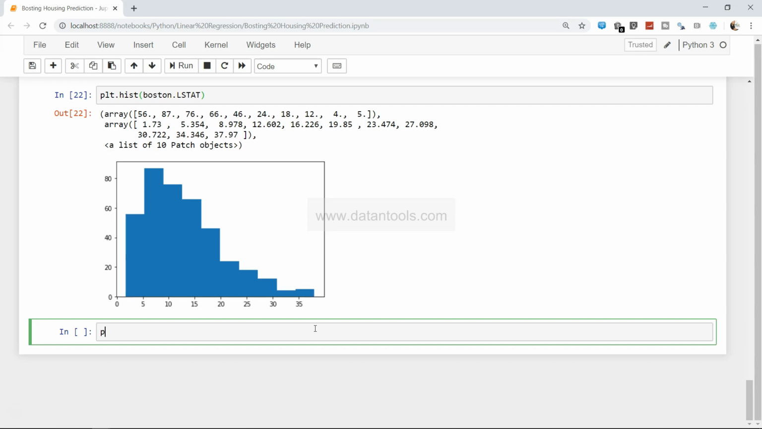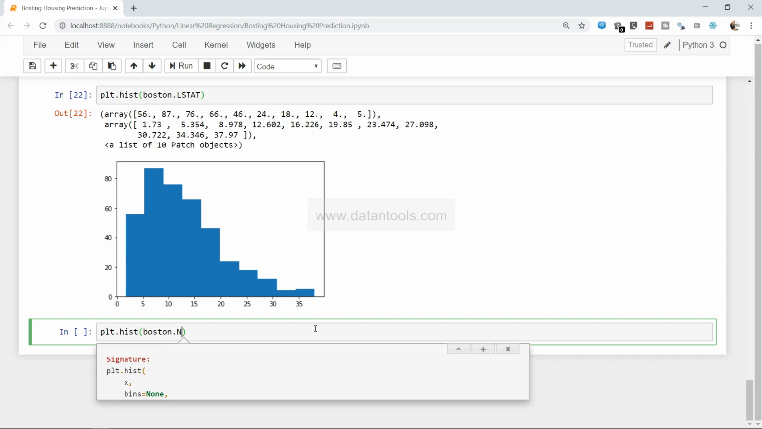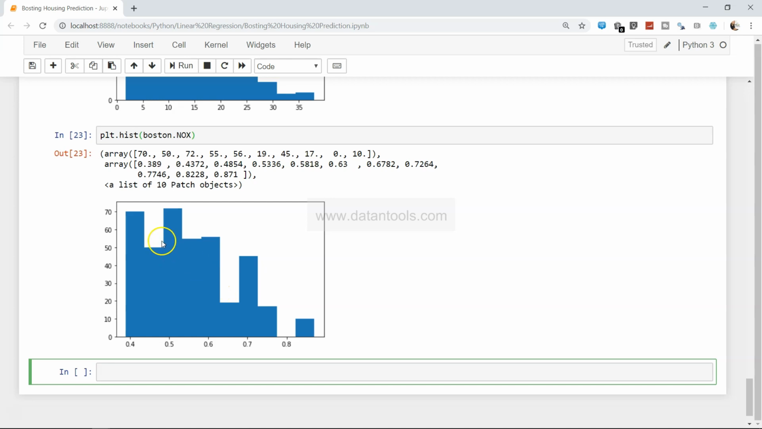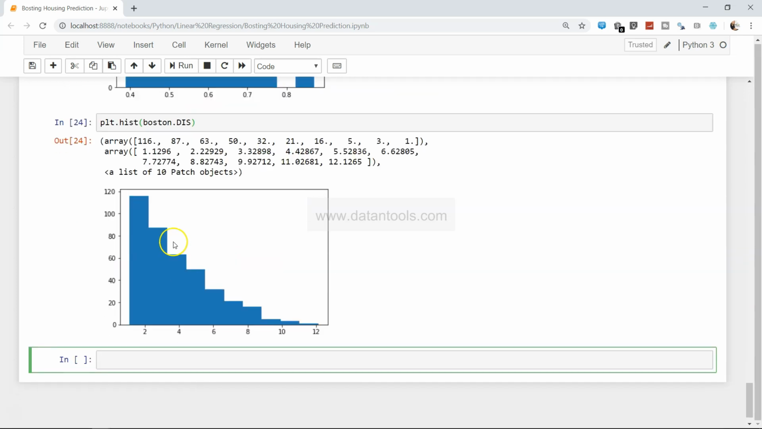Similarly, what we can do is evaluate another variable, which was NOx, the nitrogen oxide. So boston.nox, if I plot it again, it is very right skewed over there. The next one is basically plt.hist and Boston dis, right? So it's all sort of very right skewed, as you can see